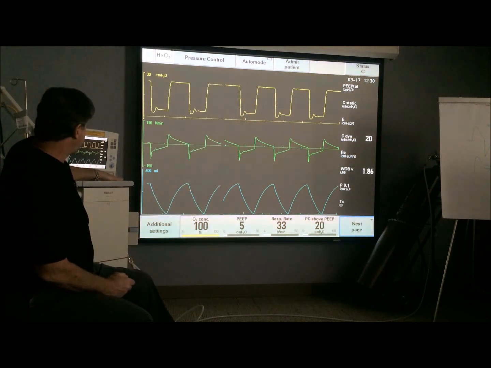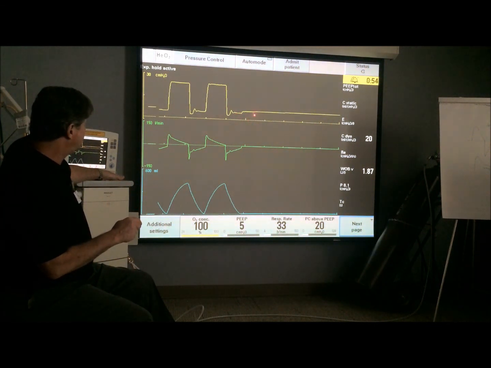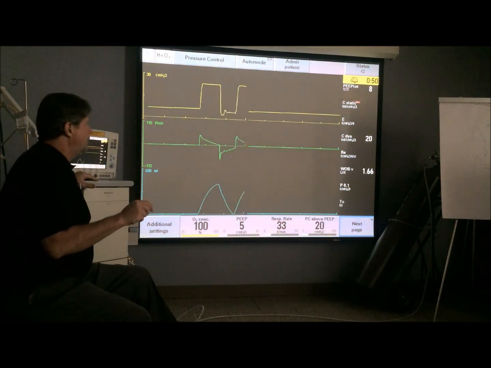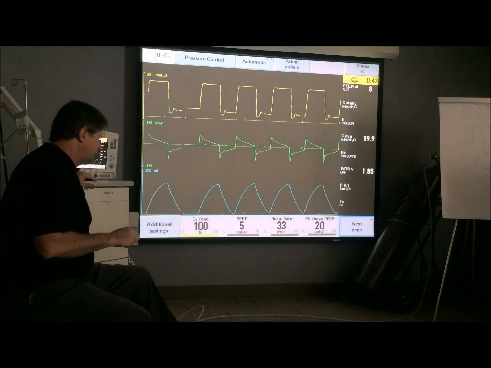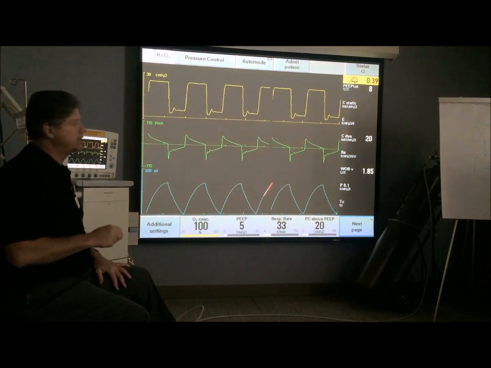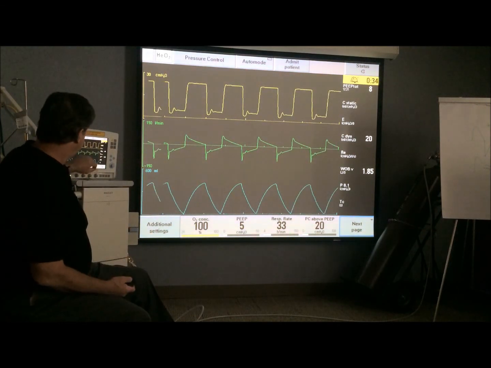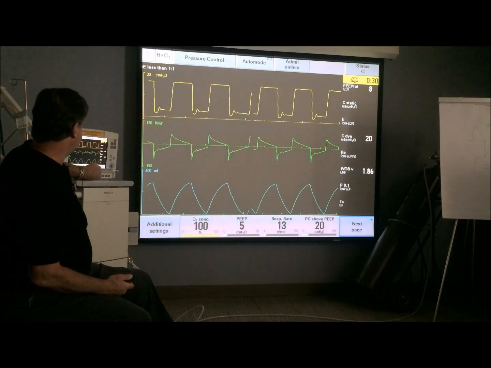So when I do an expiratory hold, notice how it jumped up here, from this, my set PEEP, to this, my total PEEP, from here to here. So when I take my finger off the hold button, my total PEEP is 8 centimeters of pressure. My set PEEP is 5, so I have 3 centimeters of inadvertent PEEP in the system as a result of this air trapping. If I turn my rate down, allowing the patient more time for exhalation,